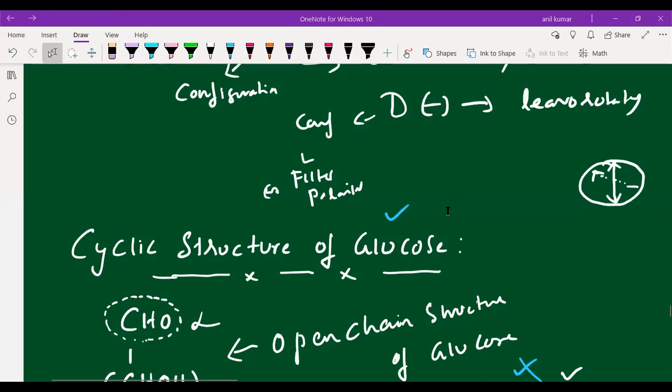Yes, Mohammed Moinuddin, you asked what the alpha and beta forms are. These are the two crystalline forms of glucose, which differ in the glycosidic, that is acetal, structure. They differ as anomers. I will explain what is meant by anomers. The alpha form and beta form are anomers. Anomers means they have a different configuration at the C1 carbon. You will come to know what the alpha and beta forms are.